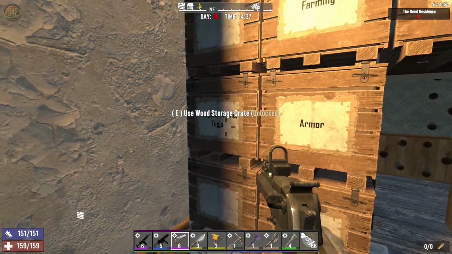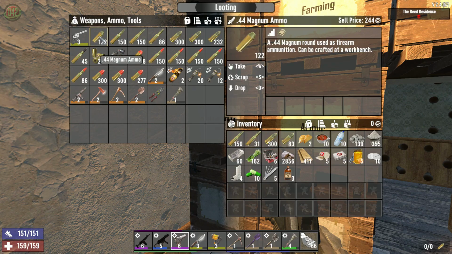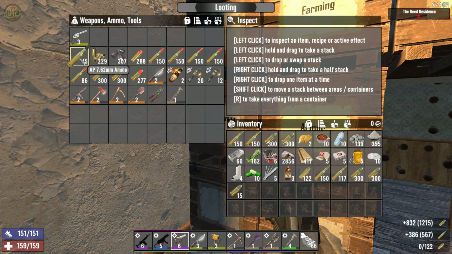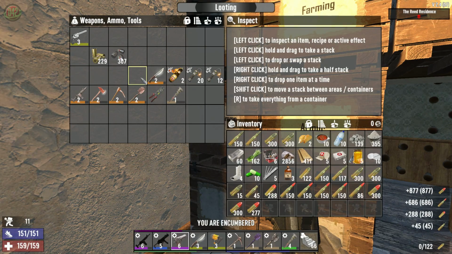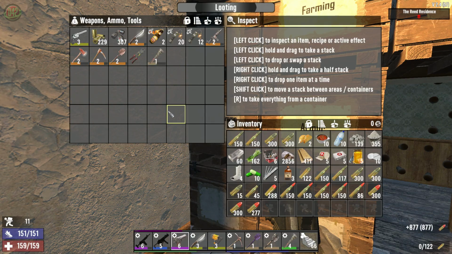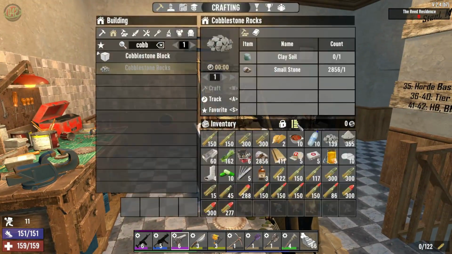Alright. Ammo. We're going to need lots of ammo. We are going to need 44 Magnum ammo. We're going to need 7.62 ammo. 9mm ammo. Extra, all this ammo I'm going to take just in case. Most of that stuff is probably junk at this point, but...